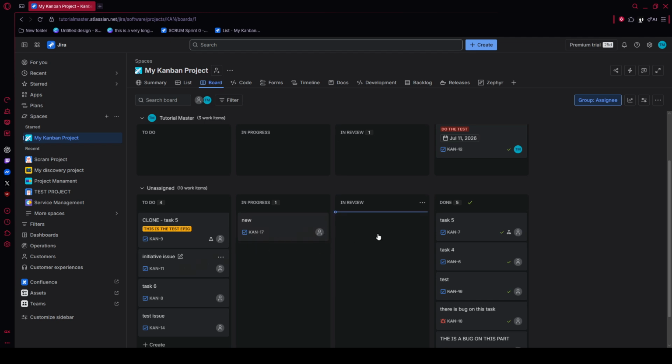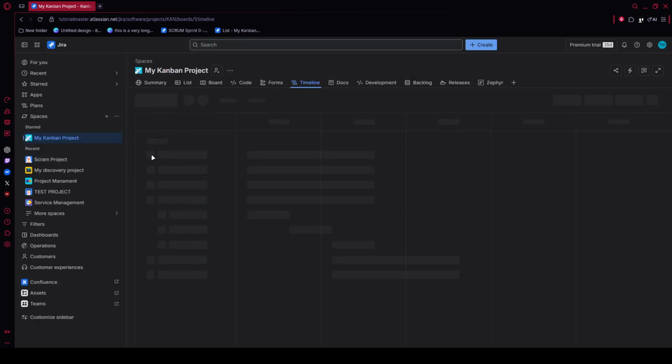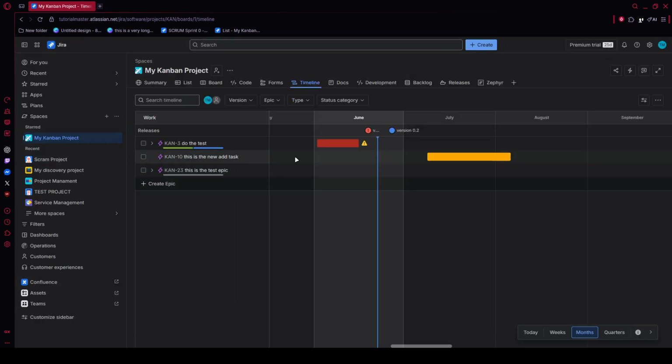Before you wrap up, do a quick final review of the board. Confirm that project items are in the right columns, issue keys connect properly to development activity, and the board remains clear and readable. With that, your Jira workflow is structured